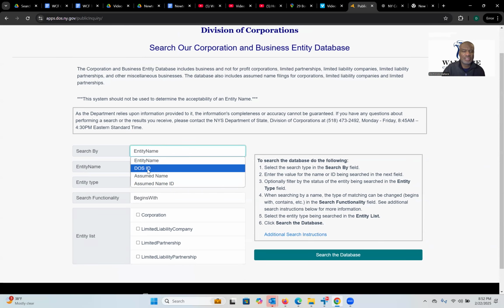entity name, DOS ID, assumed name ID. Now, the difference is, assumed name is if you've got a doing-business-as situation in the state, but the entity name and DOS ID is the actual ID for that particular entity. So if you notice here where you can search by, here's where you can put the entity's name, the